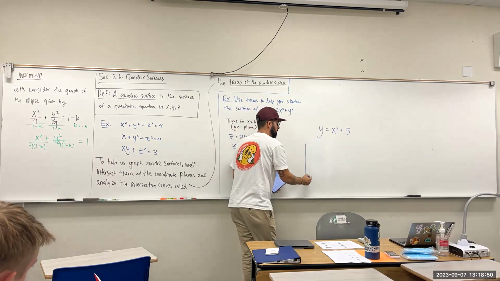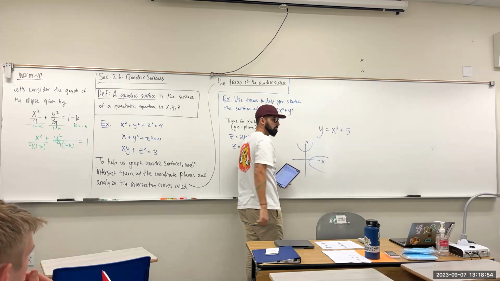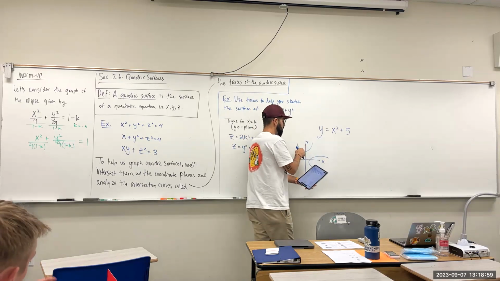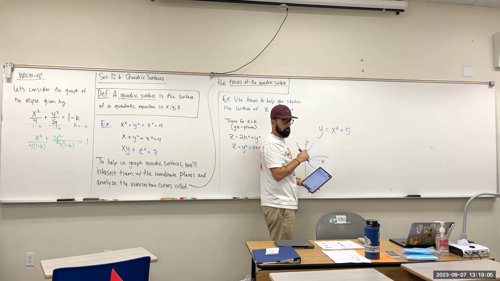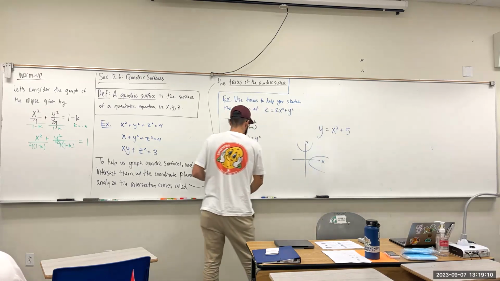If I was to graph it, is the parabola like this or like that? It's the first one, right? So notice it points in the direction of the isolated variable that is not squared. If I use that same argument here,